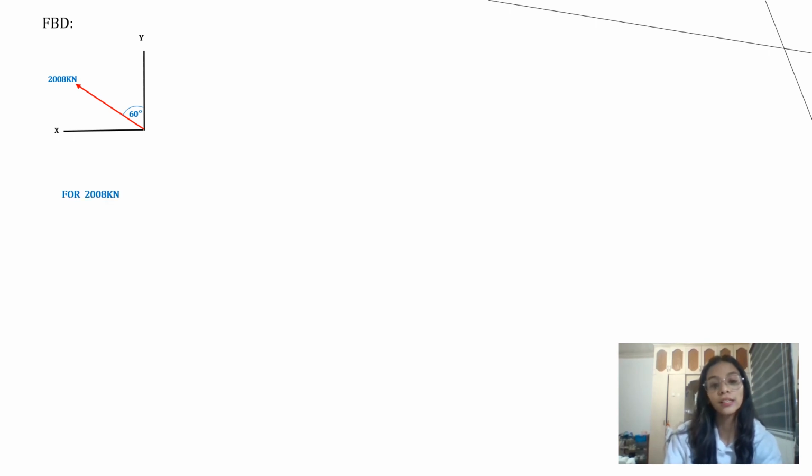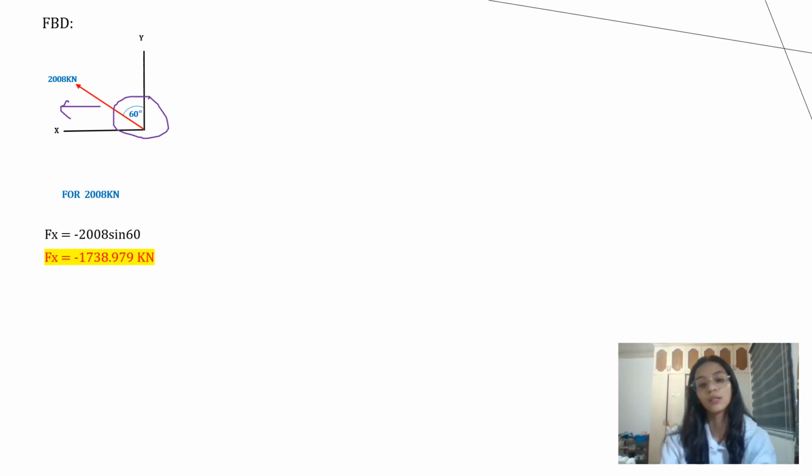For 2008 kN, our Fx is negative 2008 sine 60 since the line of action is to the left and our 60 degrees is at the y-axis. So the answer is negative 1738.979 kN. Our Fy is 2008 cosine 60 because the line of action is upwards for the y-axis. Then the answer is